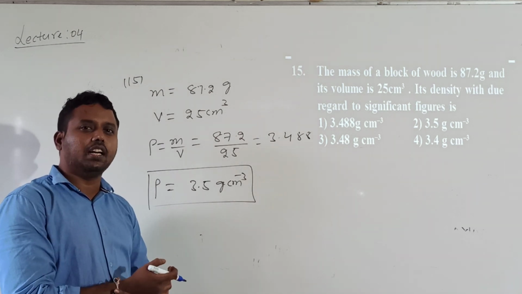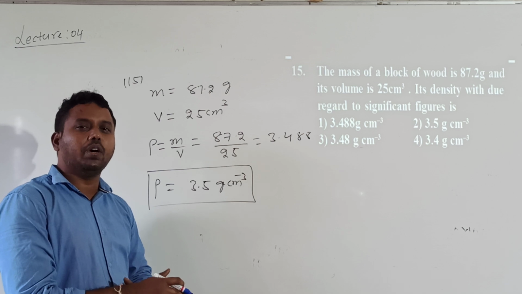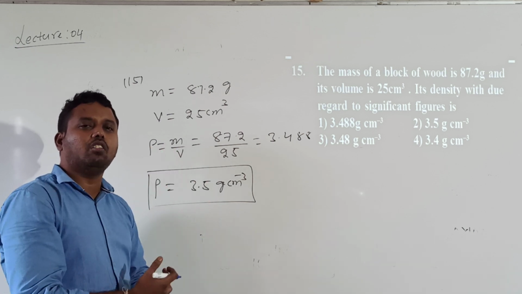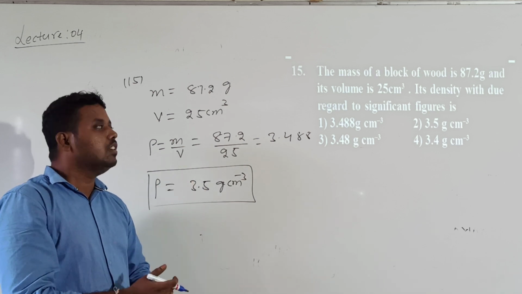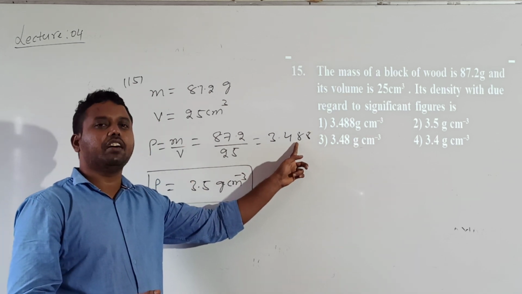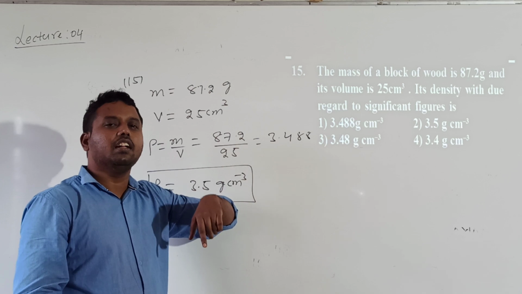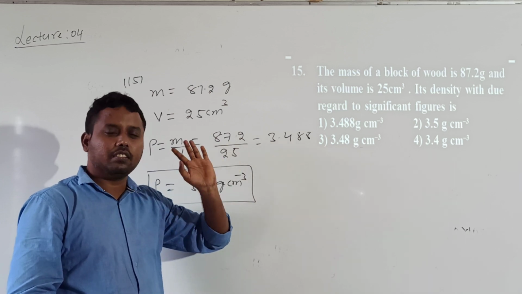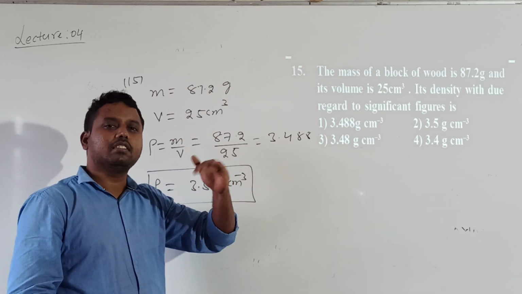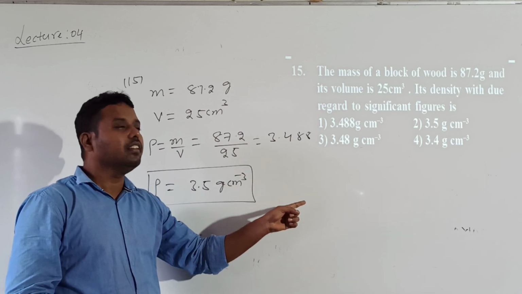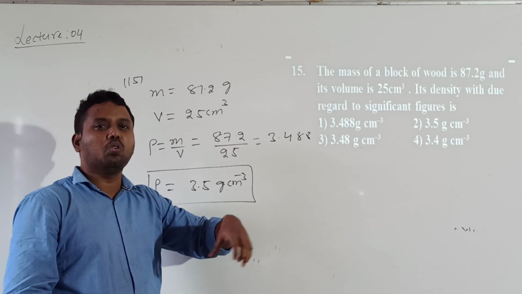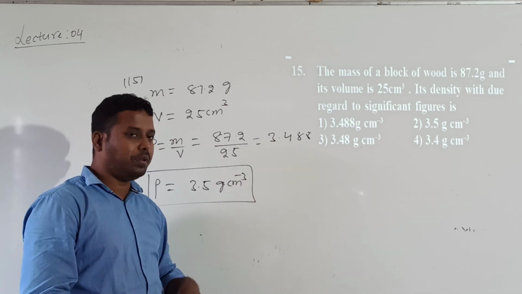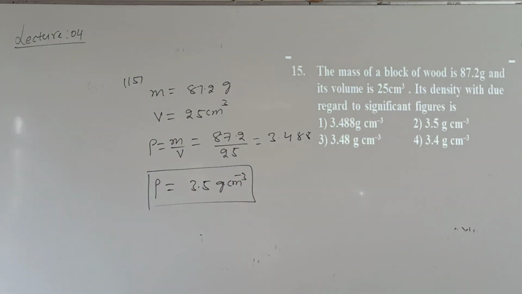Rounding of numbers, you know that; in maths also you will come to know. Whenever the digit to be rounded off is more than 5 or less than 5: if it is more than 5, the preceding number is increased by 1. If it is less than 5, the preceding number is left as it is. If the number is exactly equal to 5, you need to check whether the preceding number is even or odd. You have to write these three conditions for rounding off. So this is question number 15.